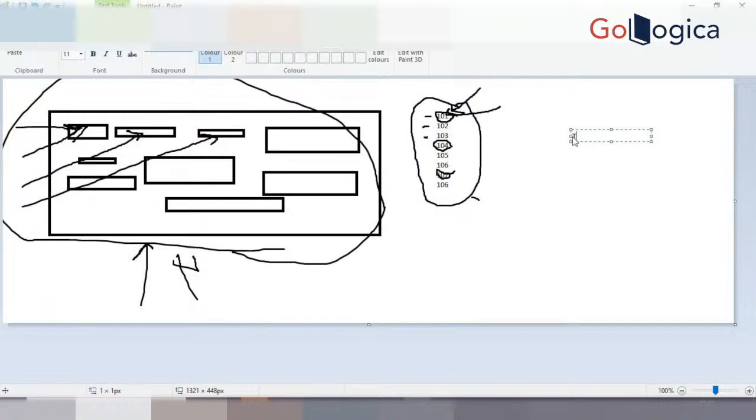T1 select plus T2 select, this can happen. Because 101, you are also selecting, I am also selecting. This can happen. When T1 is updating, at that time T2 needs to wait